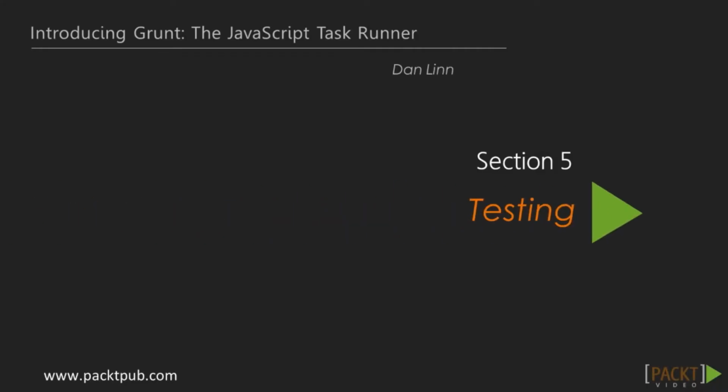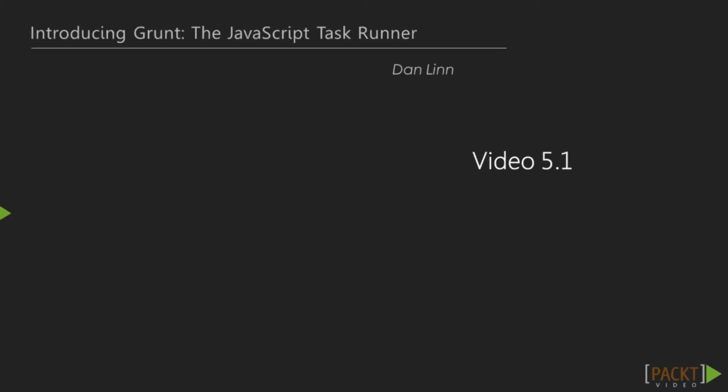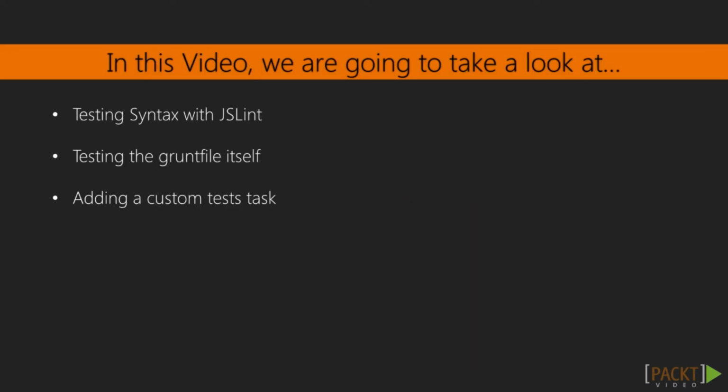Welcome back to Introducing Grunt, the JavaScript Task Runner. Last section we talked about file manipulation, and this section will be a hefty one in which we talk about a number of different ways we can use grunt to test our code. We'll start off light with how to use JSLint with grunt to test our syntax, and then we'll make sure we're testing our own grunt file. Then we'll add a